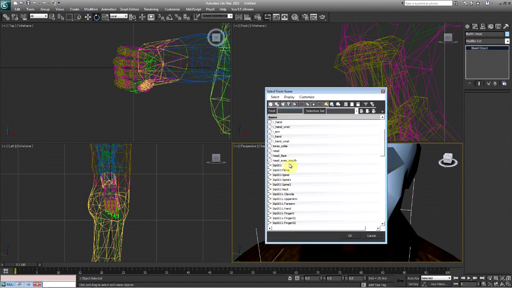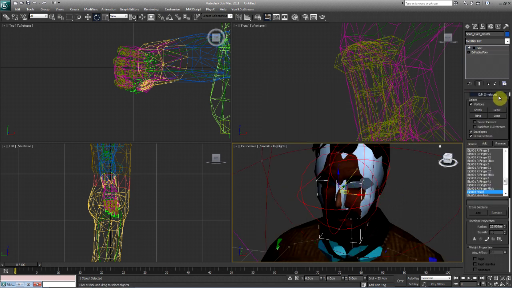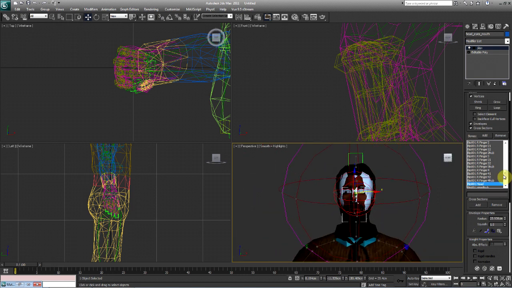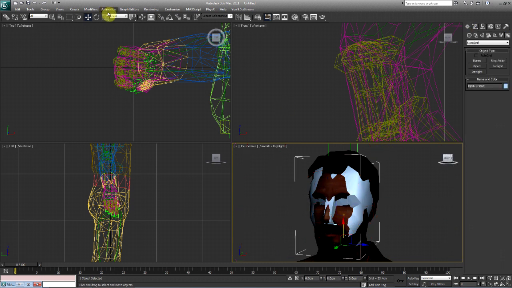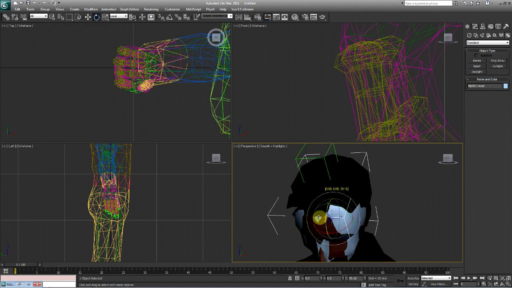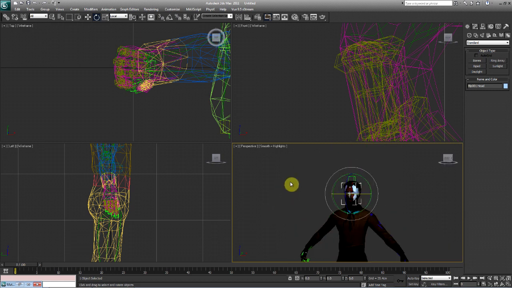Hit H. Let's look for, see how it says head, eyes, underscore mouth. We're going to select that. We're going to select the edit envelopes, and then since we only have that portion selected and we make sure we have the head bone selected, we're going to highlight all those. Now you're going to see the vertices pop up, and then you're going to change the strength to 1. Okay. Now his eyes do not move as much. His eyes shouldn't even be moving at all. So there we go. Now let's go ahead and hit unhide all.